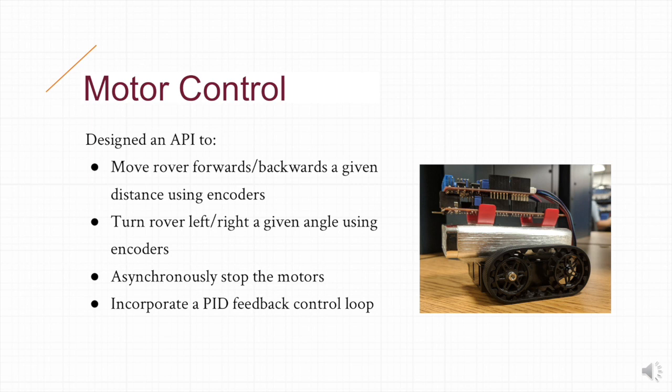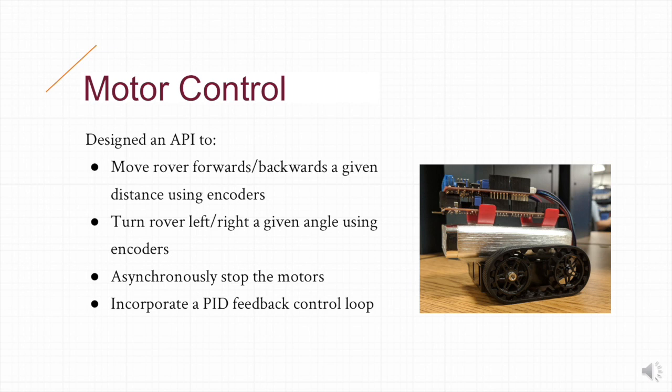The motors are what allowed the rover to move around the playing field so that the tokens could be drawn in the correct tic-tac-toe squares. For ease of integration, motor control was abstracted away by an API which allowed the following commands: moving the rover forwards and backwards a given distance, turning the rover left and right a given angle, and asynchronously stopping the motors